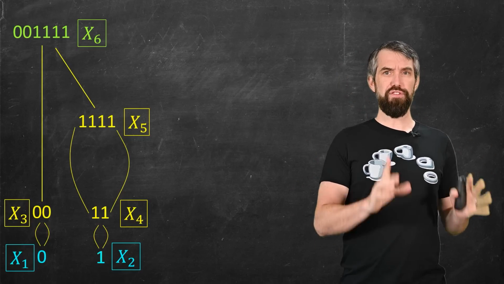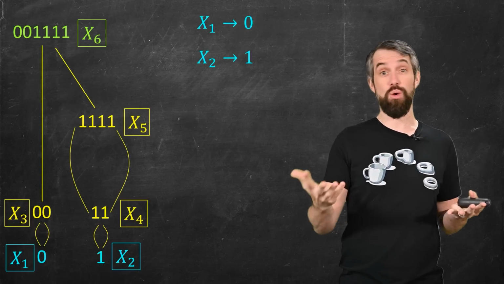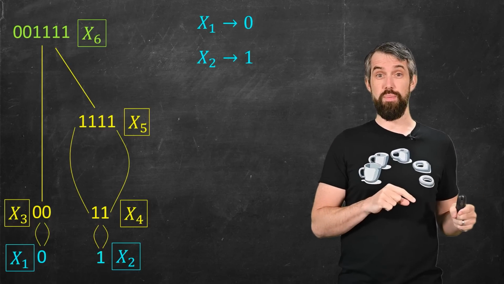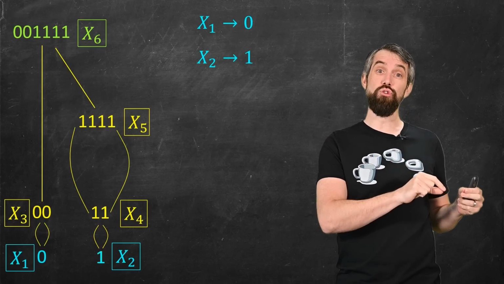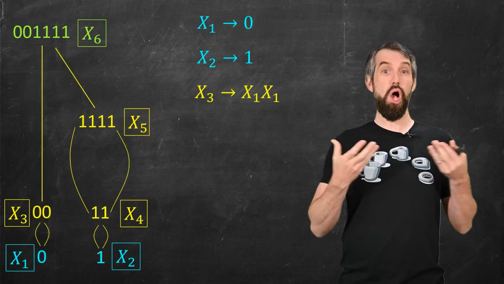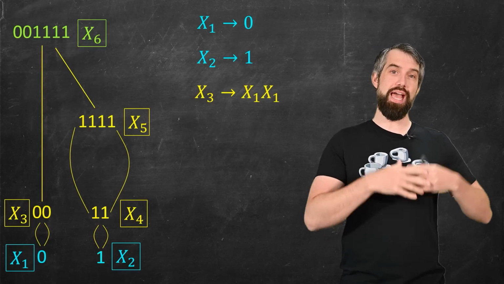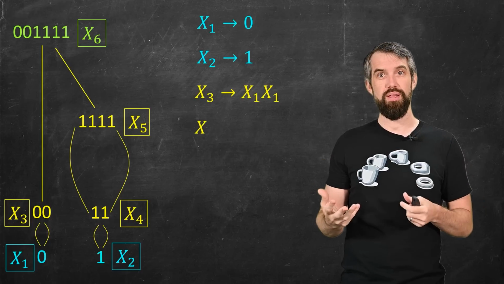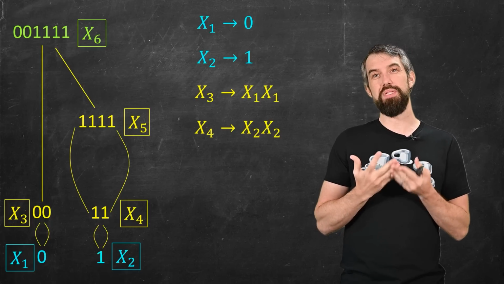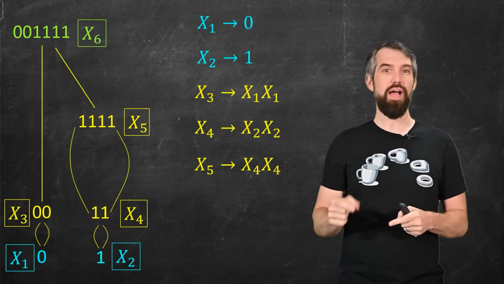Here's how it works. First, the x1 and x2, those are just assigned to be basic things from the underlying alphabet, zeros and ones in this case. Maybe your alphabet has more symbols. We just have 2. But then I have a bunch of variables that are now assigned relative to previous variables. Like for example, x3 here is just the concatenation of x1 and x1. That is, if x1 is assigned to be 0, then x3 is going to be assigned to be 0, 0. Similarly, x4 is x2, x2, 2 different 1s in this case put beside each other. x5 is, well, what's it? It's going to be x4, x4,